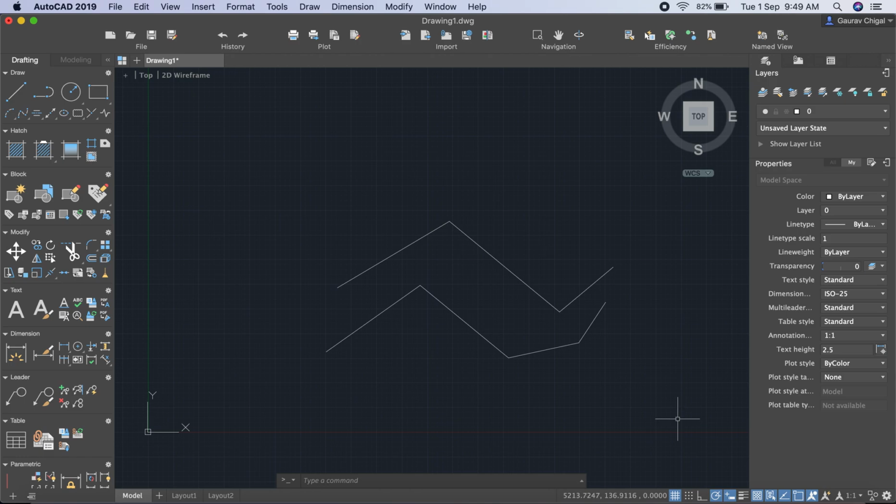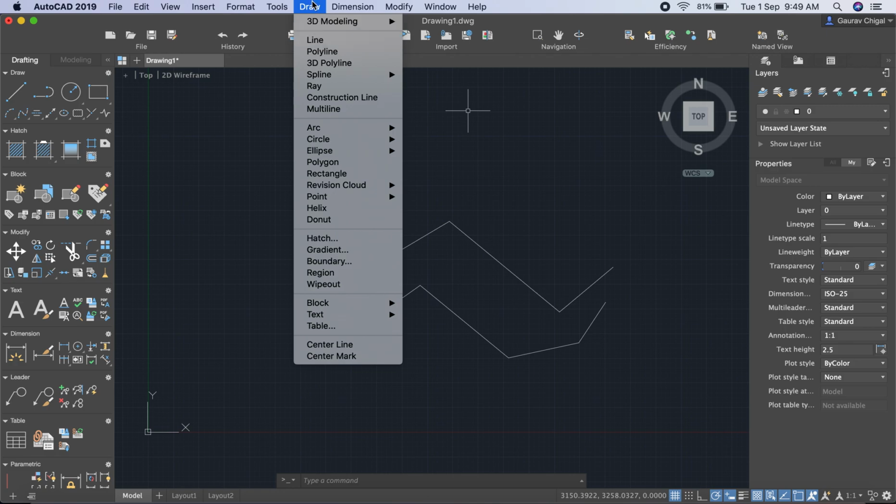Similarly, this software is used for drafting purposes only. 3D drawings can be made in this software, but for 2D drawing this is the best software in the market right now. And this video gives you brief information about the user interface of this software. In the upcoming videos we discuss all the individual commands which are here in the draw toolbar, all these commands are explained in the upcoming videos.